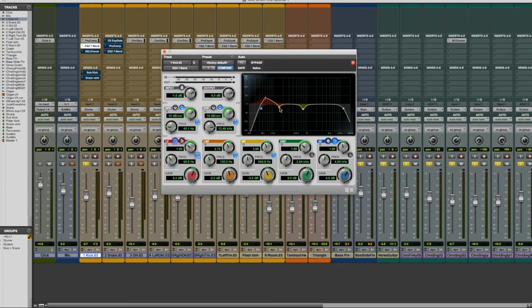I then play around with frequencies that are problematic, so anything between the 150 and 350 mark sometimes can create a bit of muddiness. If you're using headphones, do this at a low level, because it will destroy your ears. You boost with a very thin Q and hear how these sound, and sweep around until you find that problem frequency that just sounds nasty. So for example, if we hear this,